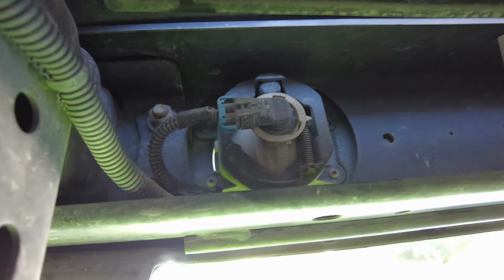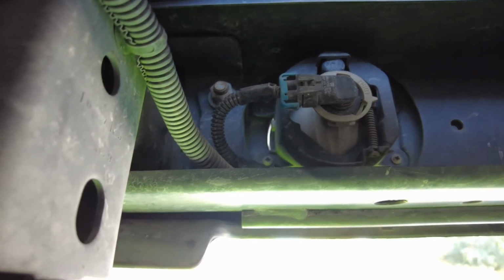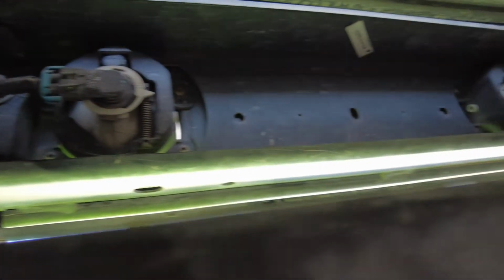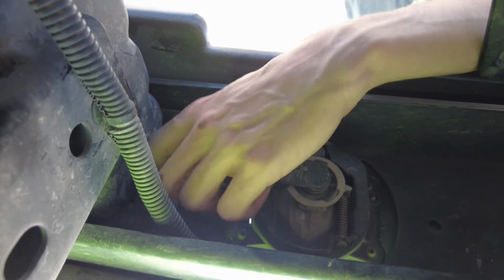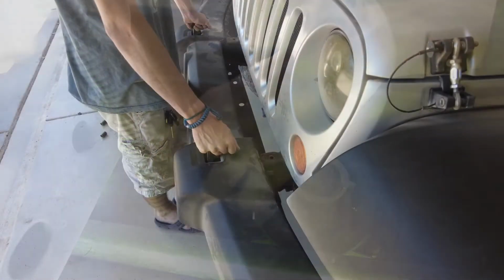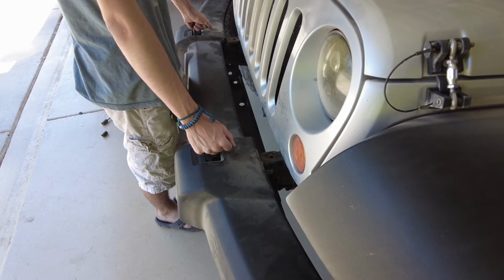To remove the bumper, you need to remove these 4 bolts. There's 2 on one side of the frame and 2 on the other side of the frame on each side. So once you remove those 8, the whole bumper assembly is going to come off. They can be a little bit tricky to get to, so take your time. With all 8 of the nuts out that connect it to the frame, you can lift off the bumper, but